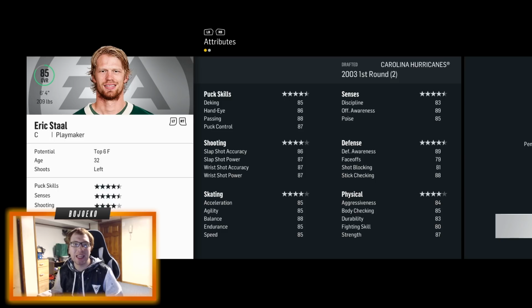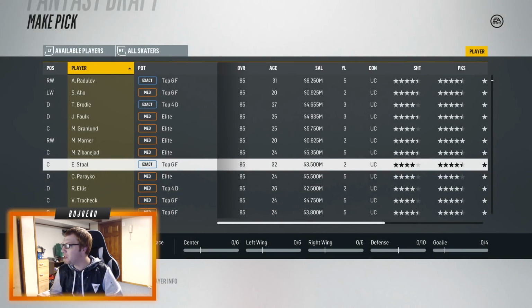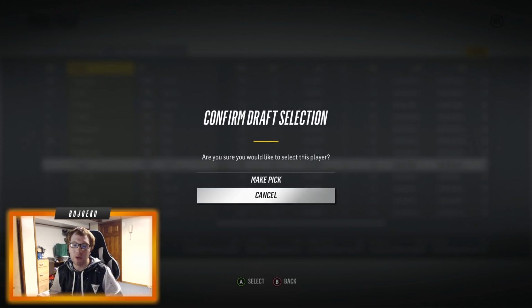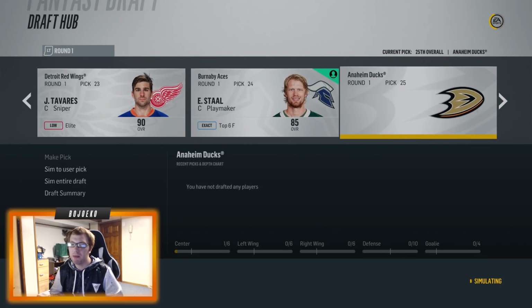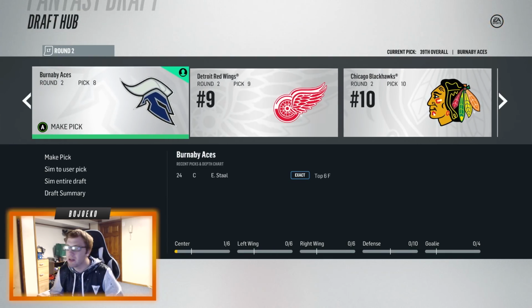Hopefully we might get a better player down the line. I don't think we're going to be able to get a superstar this time around, but Eric Staal will be a very, very good first-line center for us for sure. 85 overall. Nice little playmaker. So you know what? My first pick is definitely going to be Eric Staal right here. And then hopefully I will be able to grab Patrick Marleau with the next one as well, because I don't think there's anybody else here who I really